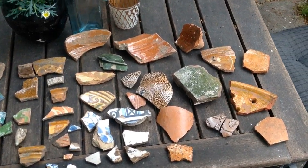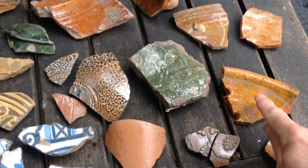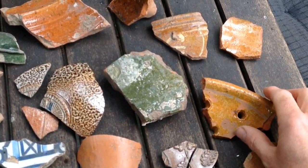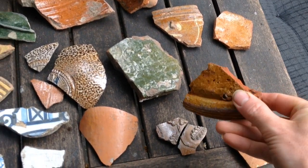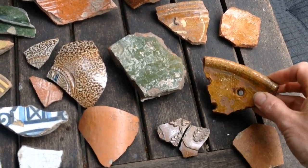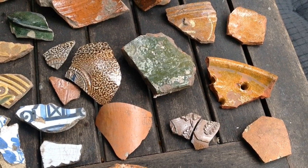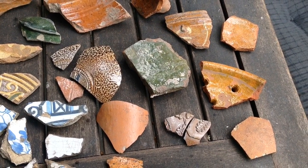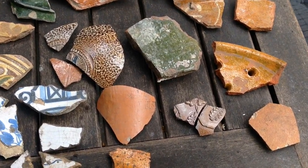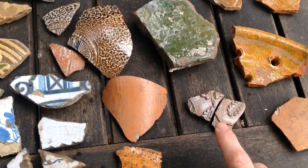But starting on the end here, the piece with the holes in, which you can see here, I couldn't see the holes at the time, but looking at it later on online, this seems to be a kind of colander or sieve, which I'll show you some pictures of, and again I believe dates to around about the 17th century. This piece here, or these pieces here with the oak leaf pattern on, again really excited to find out